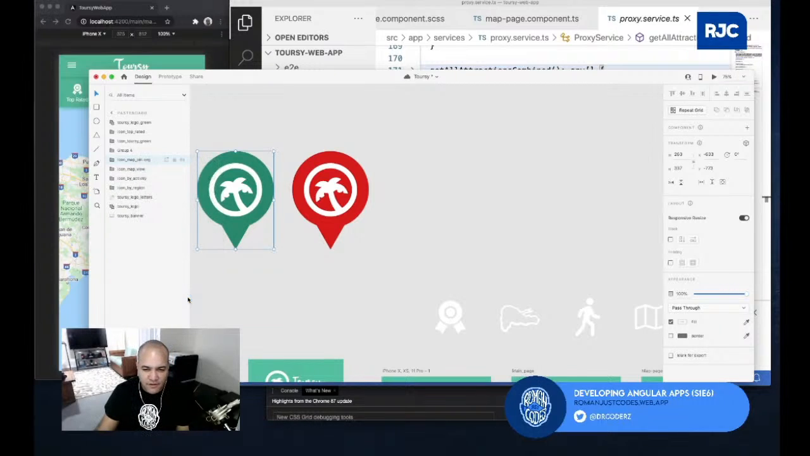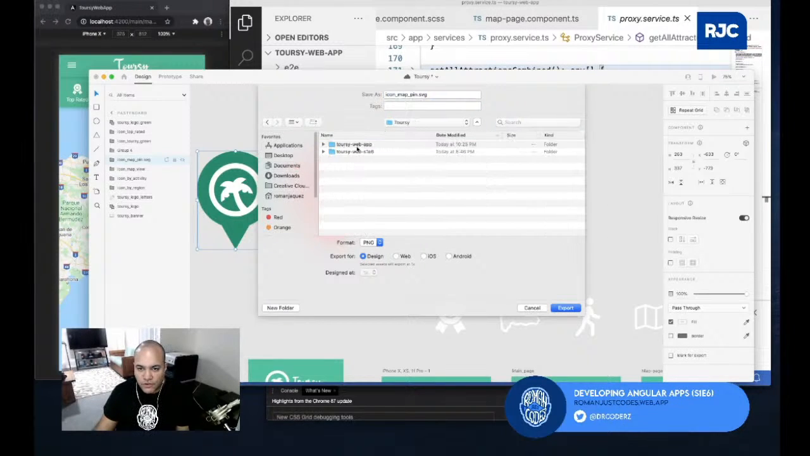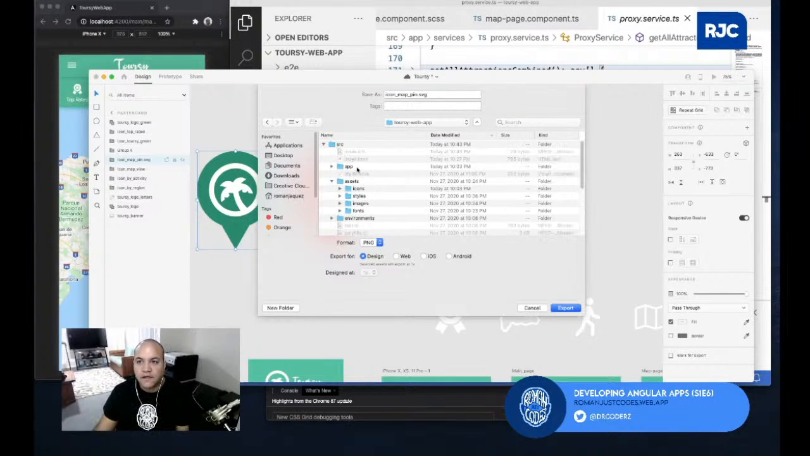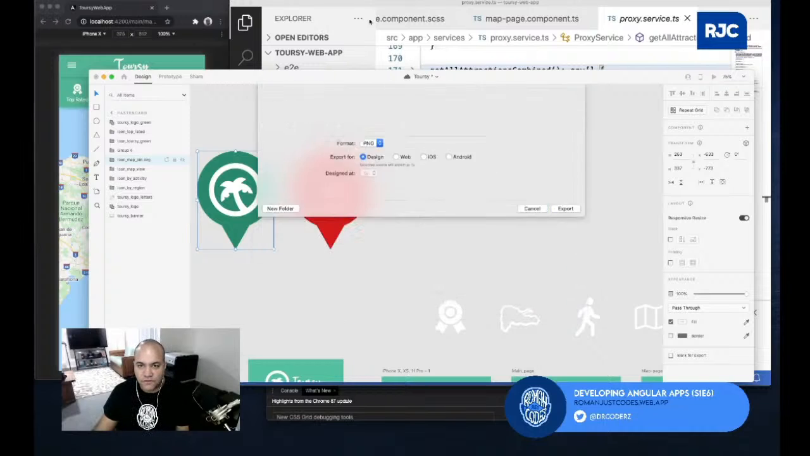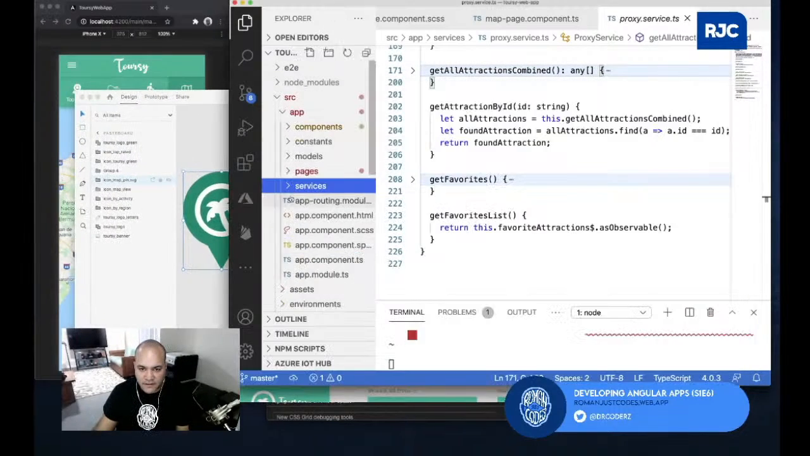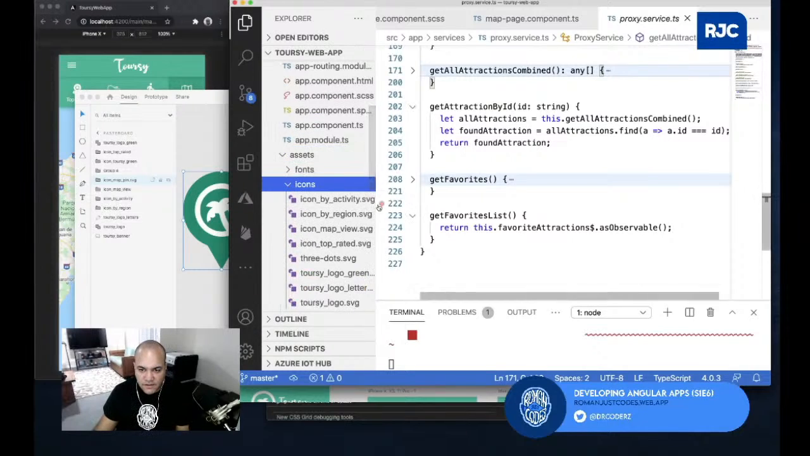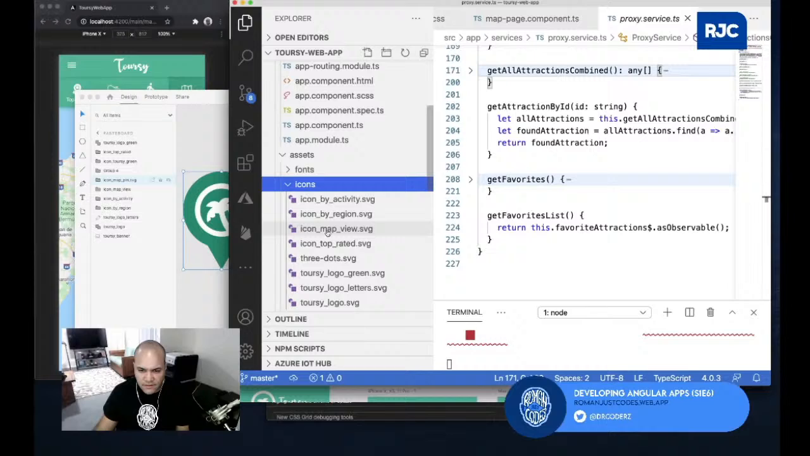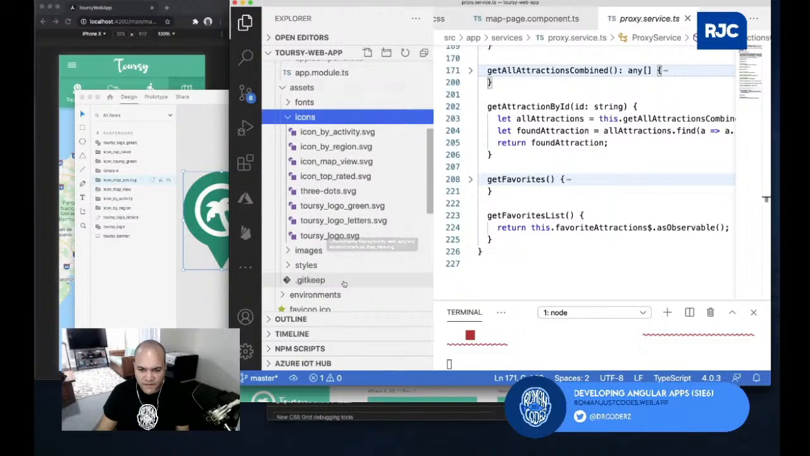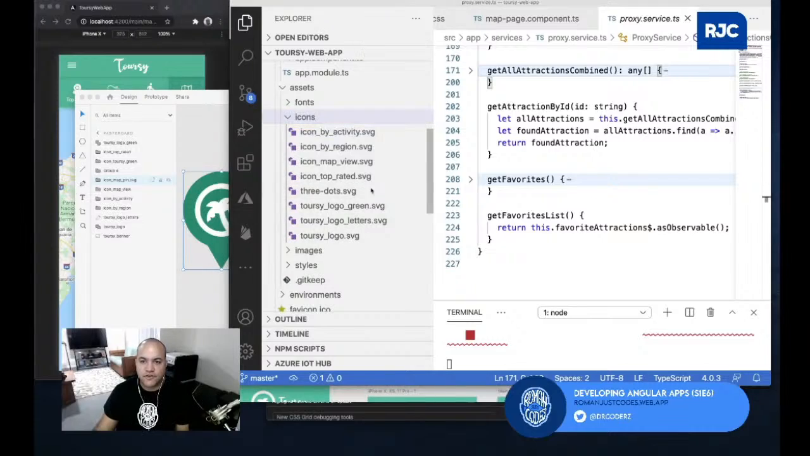I think I may have it already in the map. I can't tell you. So if I go to my documents and then I go to Torsi web, and then let me see. Actually, let me find where I have my assets in here, and then I have my icons. I think I have that guy. This is map view. Oh no, the map view, but that's not. There you go. So all I have to do is come over here, reveal it in Finder, and then I'm